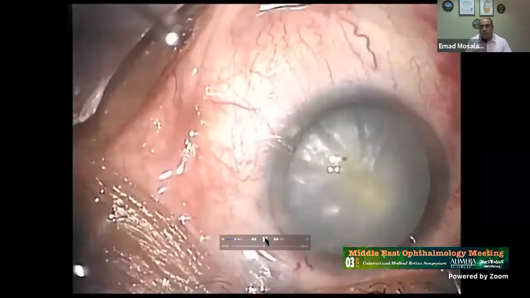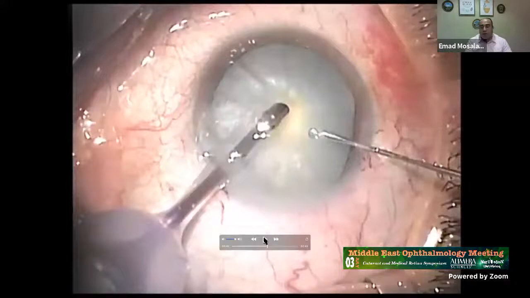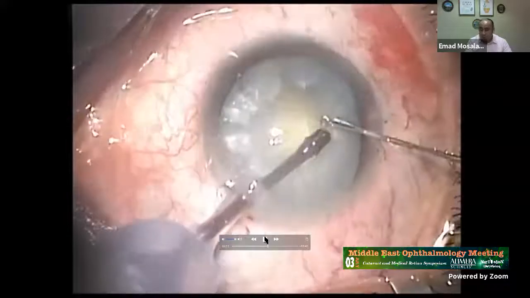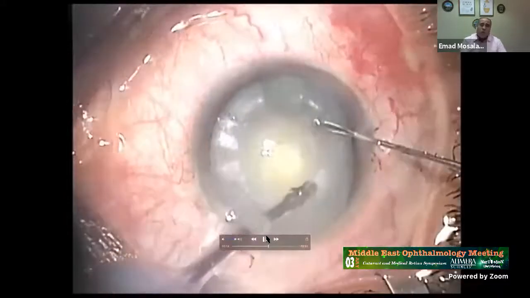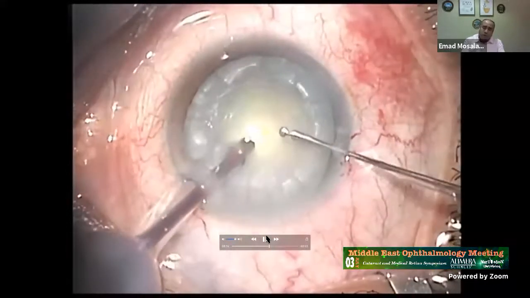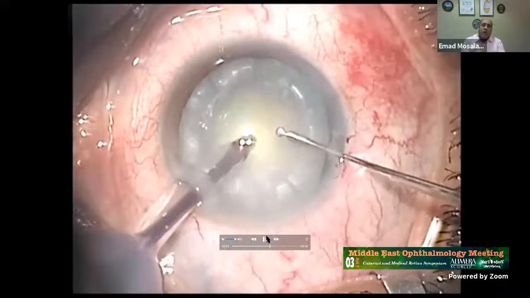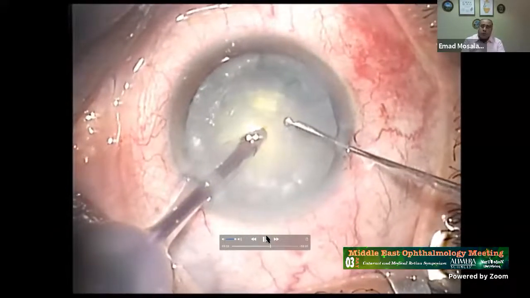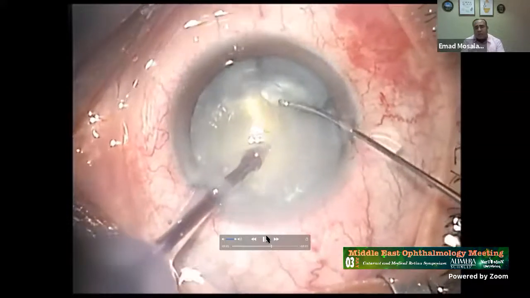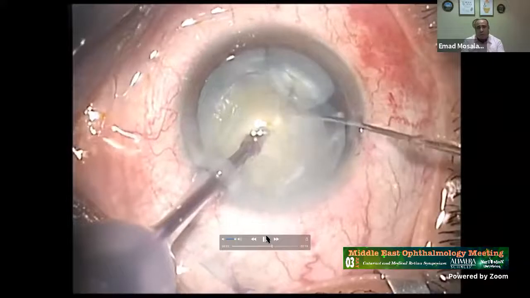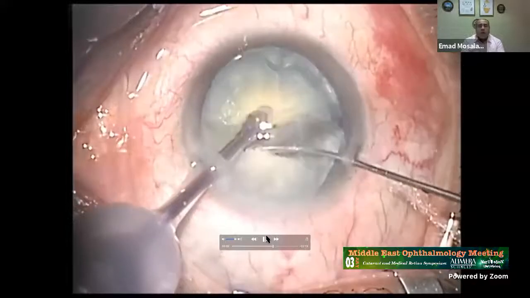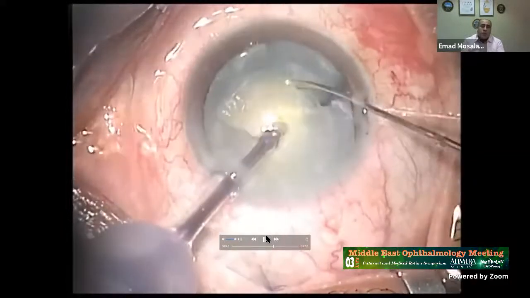This is everything standard. Here we are starting with phaco-emulsification, without performing hydrodissection or hydrodelineation. And as you see, I'm tilting and catching the nucleus, and slightly we are